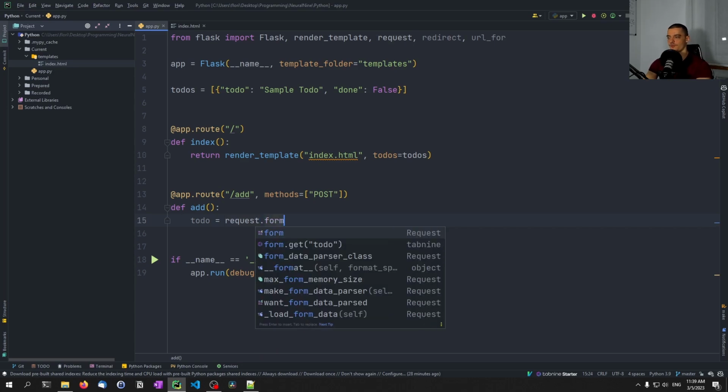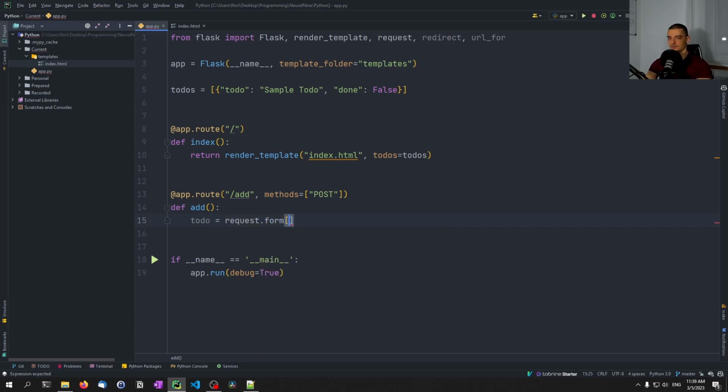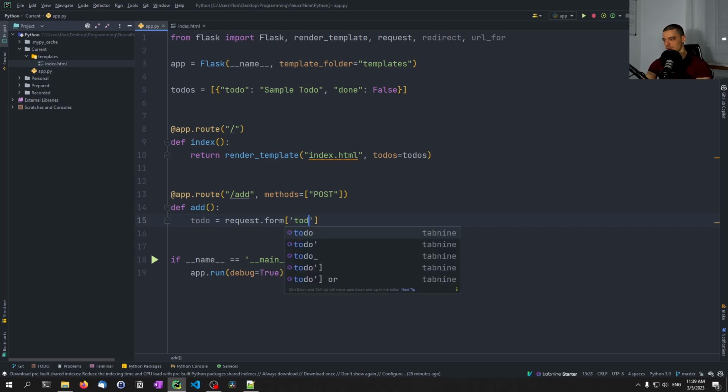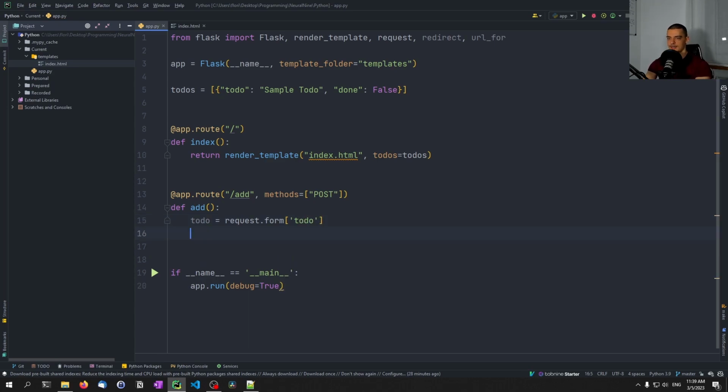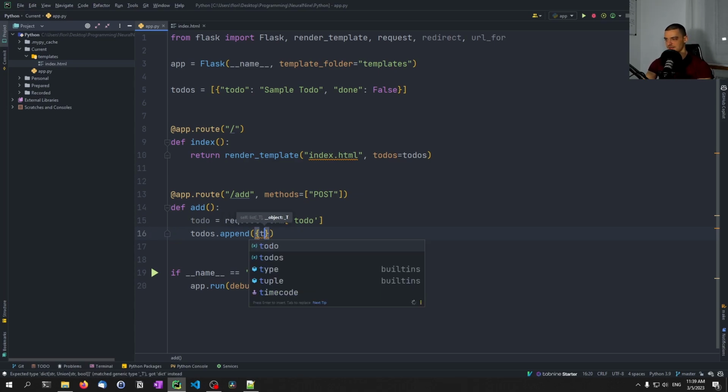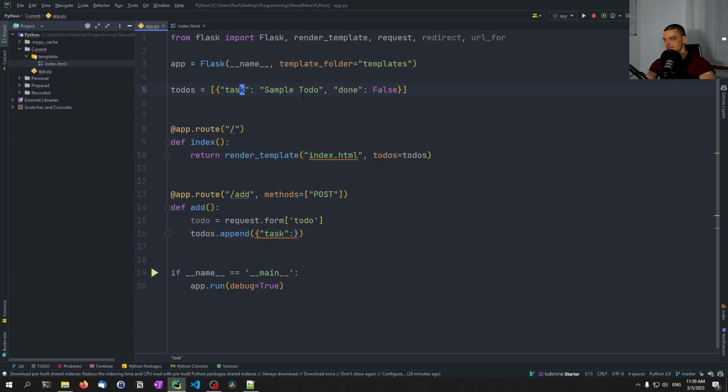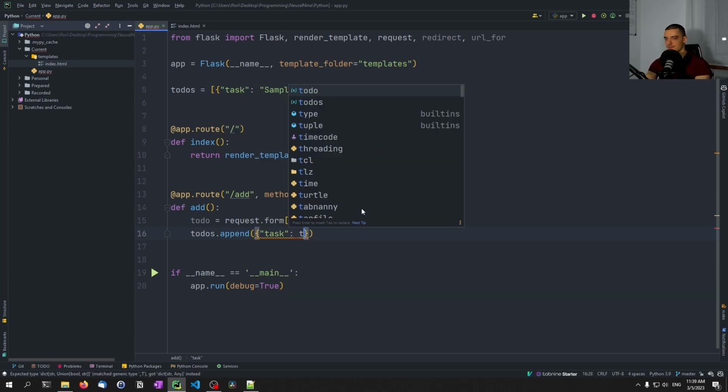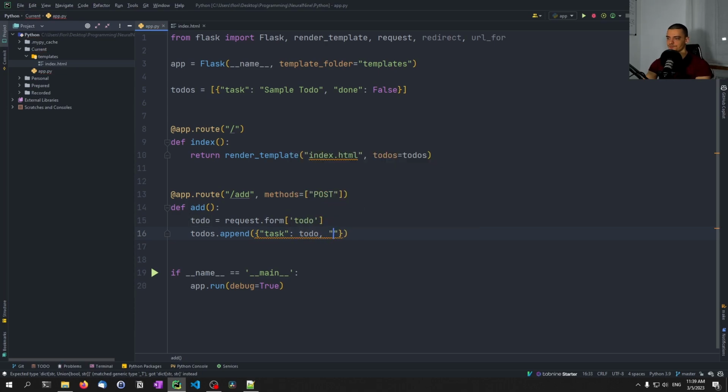So we're going to have a form there, and we're going to get to-do from that form. We're going to say to-dos append, and we want to append to that to-do list this task. Let's call this task, not to-do. So let's change this here as well to task. The task is going to be the to-do, and done is always going to be false when we create